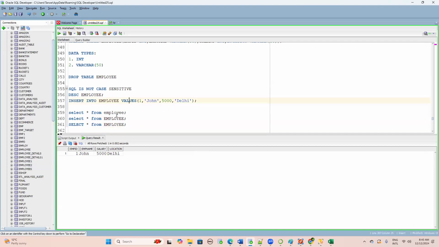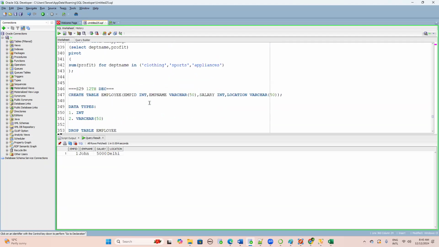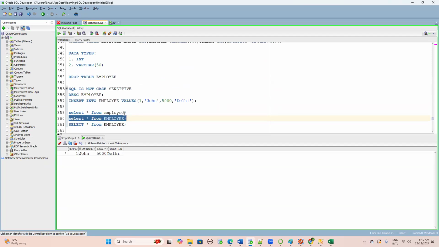Okay, fine. See, it is the wish of the SQL engine. While displaying the output, it can shuffle it. There's no guarantee. When I executed this query, you got location and salary. That doesn't matter; randomly it can display. But if your concern is, "No, I want to display employee ID, employee name, salary, and then location,"